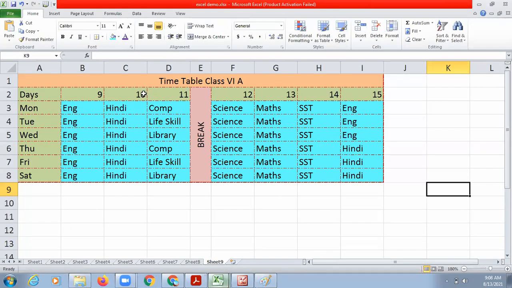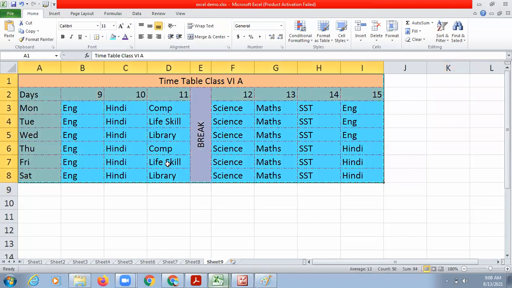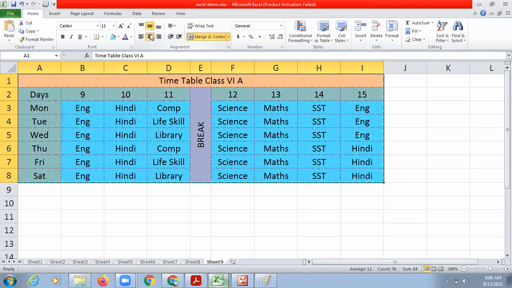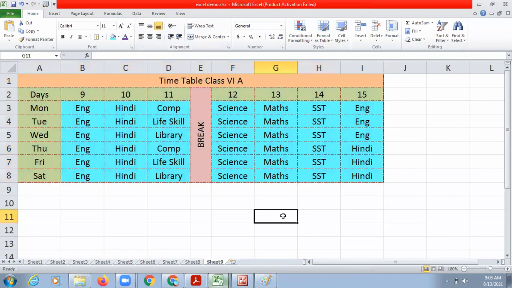Right now the numbers are coming on the left hand side and the alphabets are coming on the right hand side, so we can select our whole table, we can choose center, we can choose middle and center, so everything will come in center only, right? Like this. So you can do the editing according to your convenience, whatever you wanted to do.